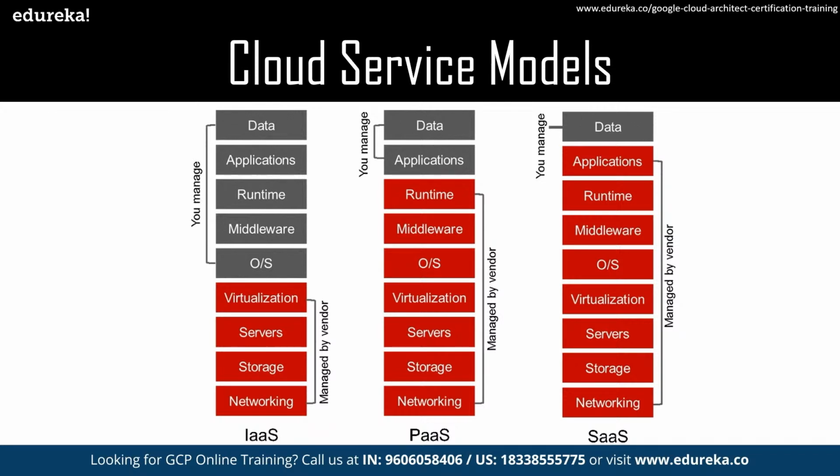So what a platform like Google will do is go ahead and configure everything for you. All they'll ask is what kind of application you want to run, and accordingly they'll tell you the basic setup that you need, and they'll set up everything that you need. So you just put your applications or build your applications there and put your data on top of it. That is what platform as a service is. And then finally, you have software as a service. When you talk about software as a service, this is where everything is taken care of by the vendor.